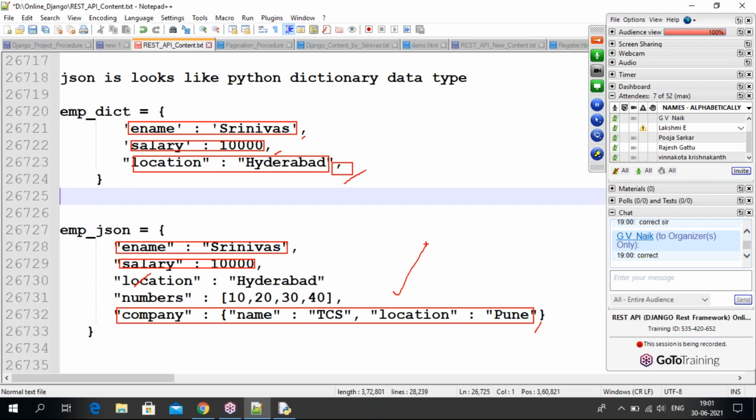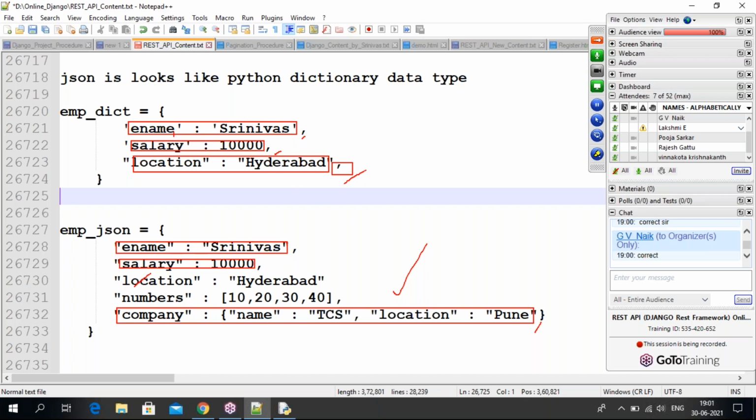If you are taking a comma at the end of the last key-value pair, that is one of the important rules. In JSON, for the last key-value pair, don't put a comma. A comma is not acceptable in JSON. In the coming days we are going to send data from one application to another application. At that time, if you put a comma at the end of the value, then it is not valid JSON and an error comes: 400 Bad Request. Bad request means you are not giving correct data, bad data you are giving. So remember that.